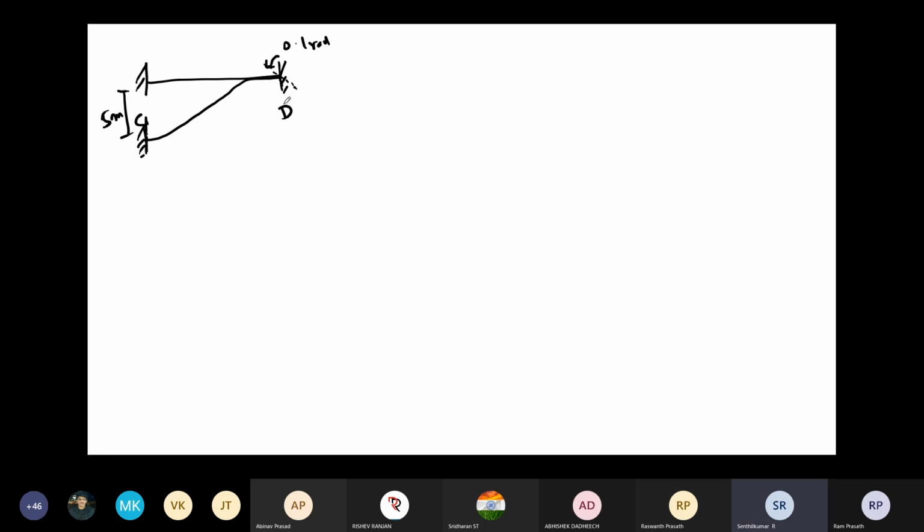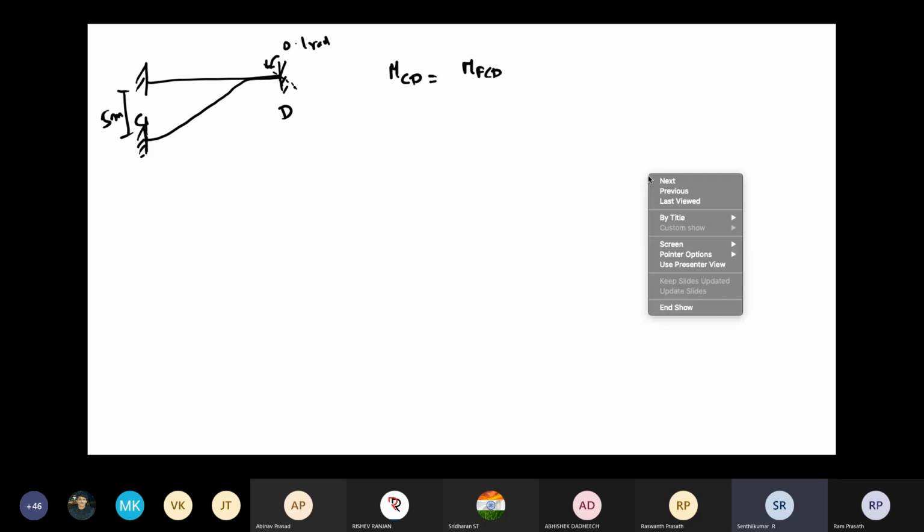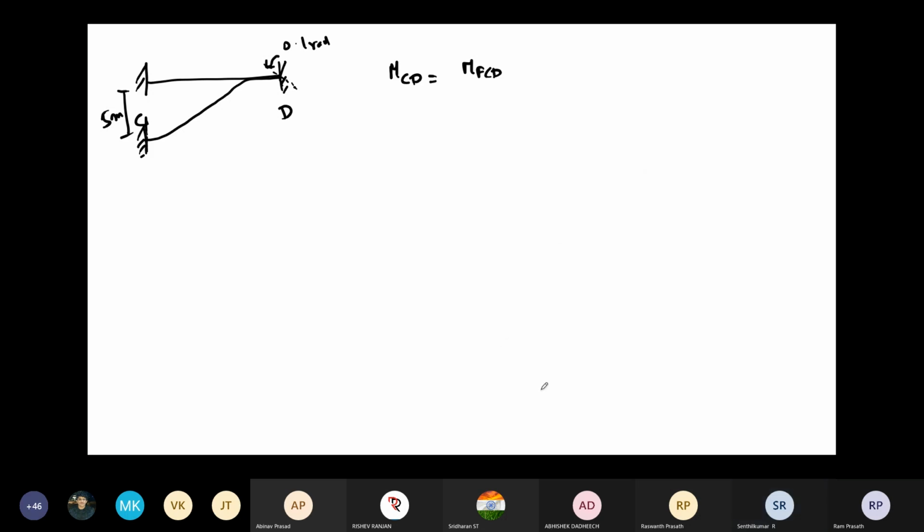Right? So as of now, in our earlier versions, clockwise rotations are positive, and the corresponding end moments only we derived, and those values only we have put in the equation. So an anti-clockwise rotation means we have to put a minus value. Okay. So now MCD, I have to find out what MCD is. MFCD will be there. That is 0 plus 4EI theta C by L, L is 6000, plus 2EI theta D by L, L is 6000.